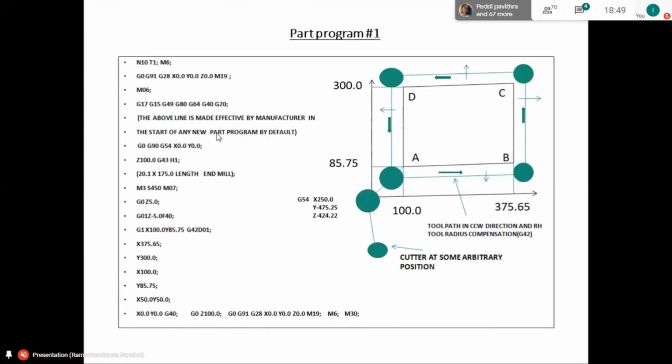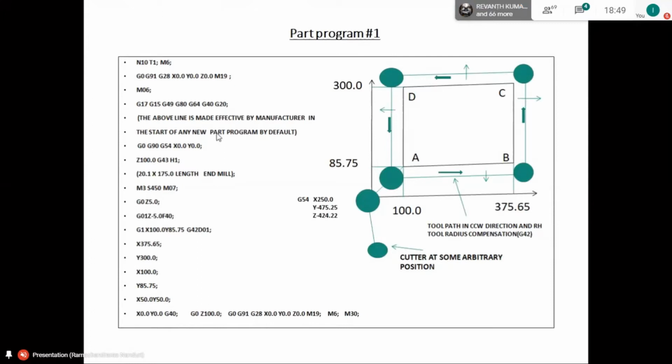G64 stands for cutting mode. That means cutting action will be taking place in the succeeding lines. And G40 is the cancellation of tool radius compensations. And G20 is the code for metric input. All this data we have to feed in the part program in the initial stages of the program only.